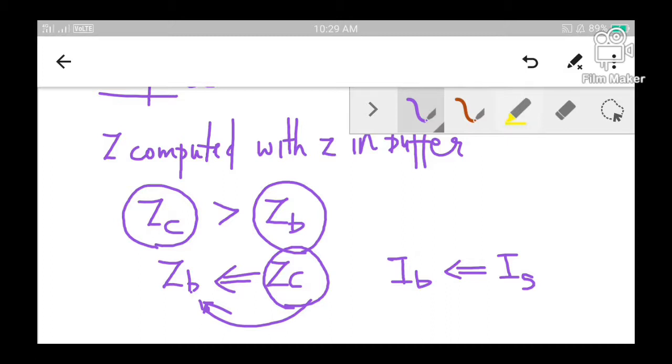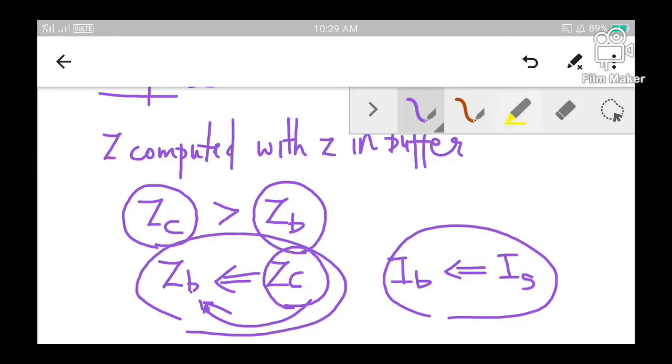Likewise, we will also update the intensity buffer. How? If we are updating the depth value, that means if the computed value is greater than the value stored in the buffer, then we'll definitely update the depth value in the depth buffer. Whenever we update the depth value, the corresponding intensity value also needs to be updated. How? See, if I am updating the depth, to whichever surface this depth belongs,